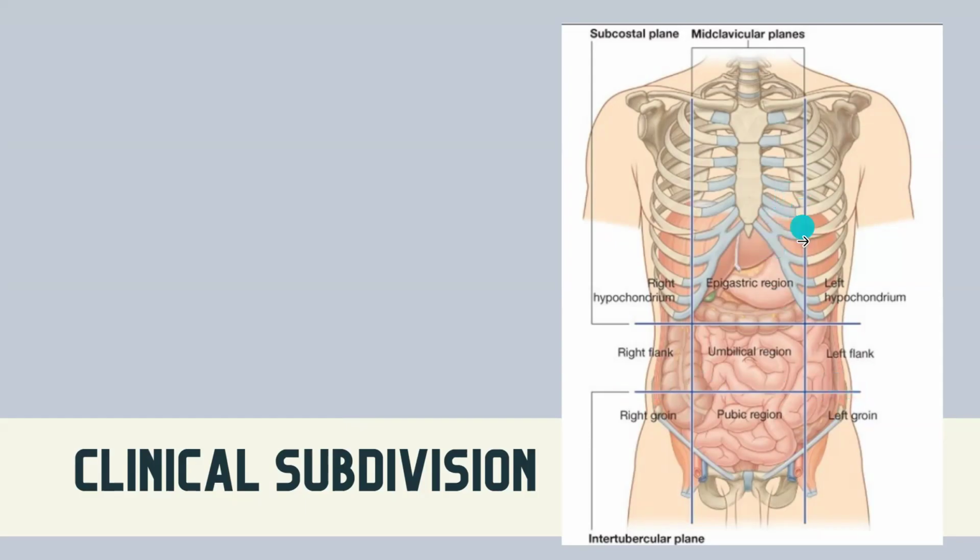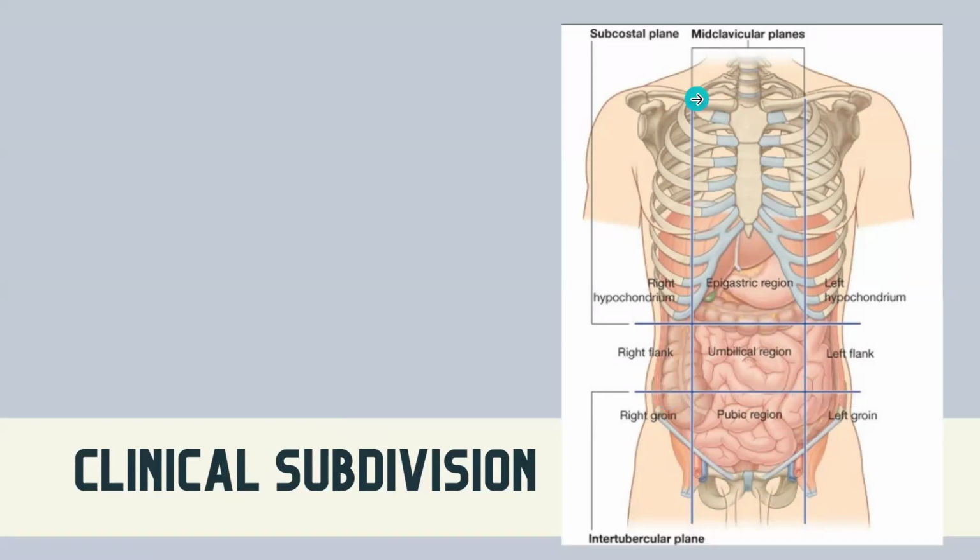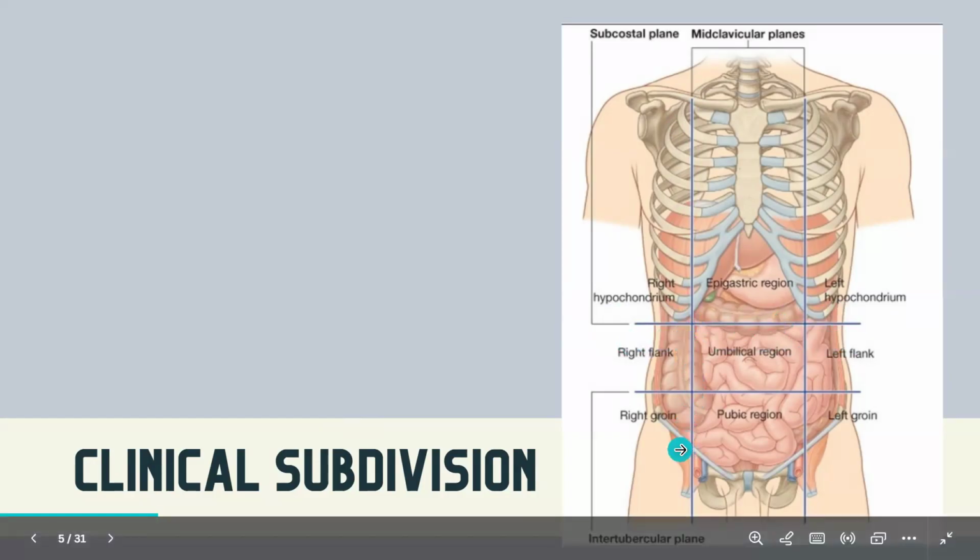The other perpendicular lines, the vertical lines, are the mid-inguinal lines. It is very hard to locate the mid-inguinal point, which is on the inguinal ligament between the anterior superior iliac spine and the pubic tubercle. But you have a fixed point, which is the midclavicular point. So on the clavicle, if you take the midclavicular point and draw a perpendicular line down across the subcostal plane, it goes down immediately to the mid-inguinal point. Now we have